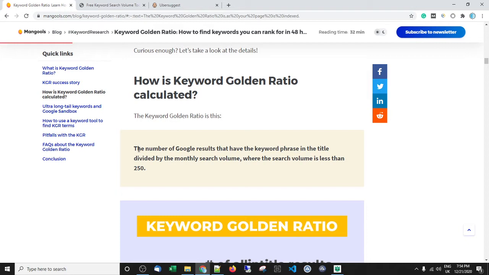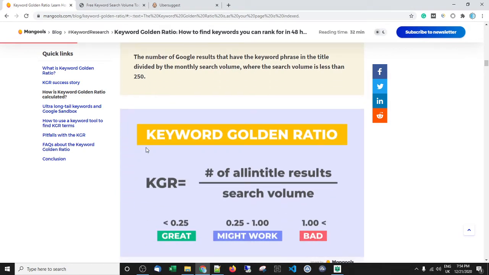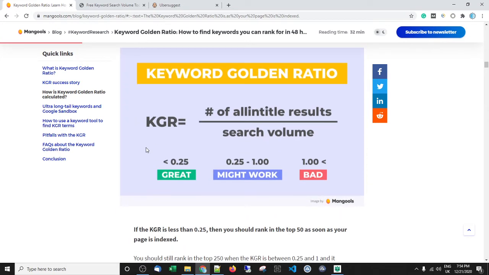Now, when you do the maths for each keyword that you want to check, you get back a score, which is the keyword golden ratio score. Now, we're looking for anything that's under 1. So the software is going to take a list of keywords that you provide, and then check what the keyword golden ratio score is for each one of those keywords.